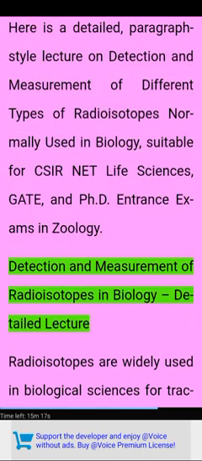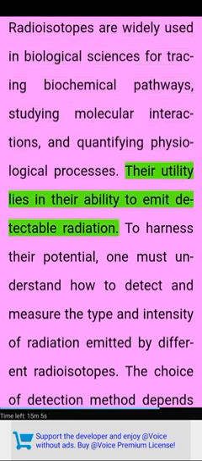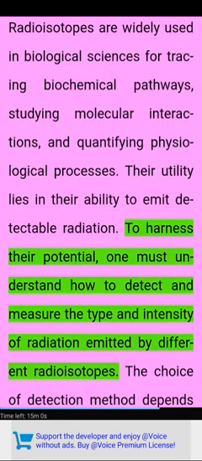Detection and measurement of radioisotopes in biology, detailed lecture. Radioisotopes are widely used in biological sciences for tracing biochemical pathways, studying molecular interactions, and quantifying physiological processes. Their utility lies in their ability to emit detectable radiation. To harness their potential, one must understand how to detect and measure the type and intensity of radiation emitted by